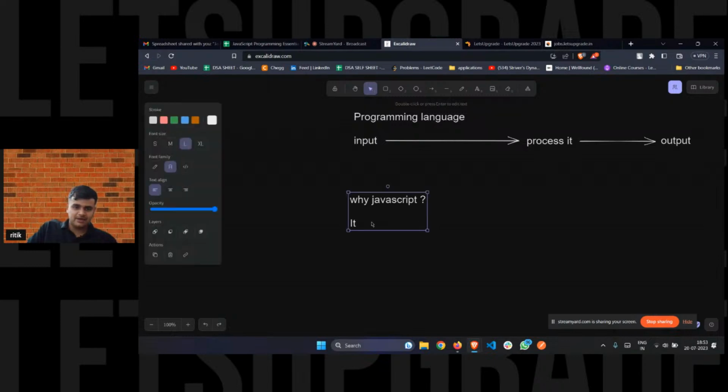So quickly coming here, it will add interactivity to your web pages, right? I told you, right? It will add interactivity to your web pages. It will make